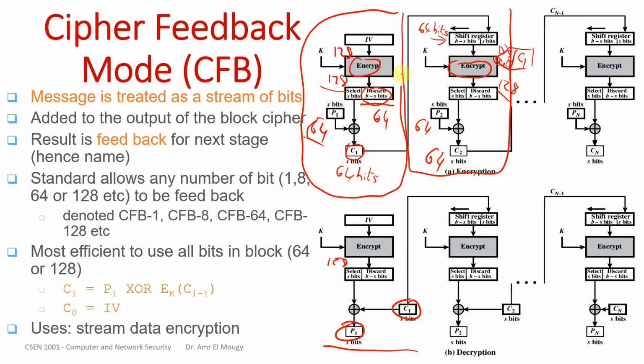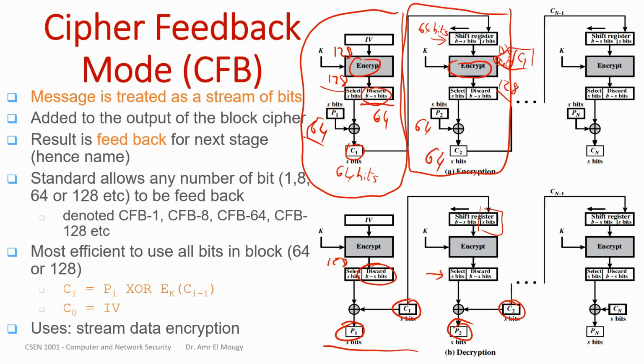If you look at the stage, how was C2 produced? It was the XOR of P2 with the output of the encryption algorithm. So you want to reproduce the output of the encryption algorithm. If you want to reproduce that, you have to recreate the input. What was the input? Part of it was C1, and part of it were the discarded bits of the shift register of the first round. You actually do the same. You take C1, you put it in the shift register, and the remaining part of the shift register are the discarded bits of round 1. And you pass that to the encryption algorithm, you create the same sequence, and you XOR that with C2,